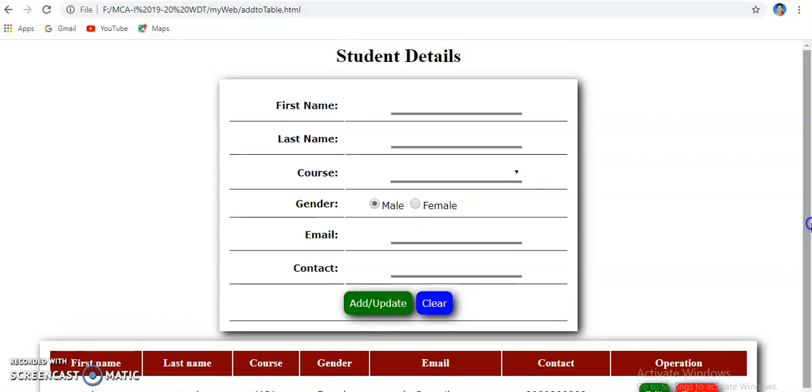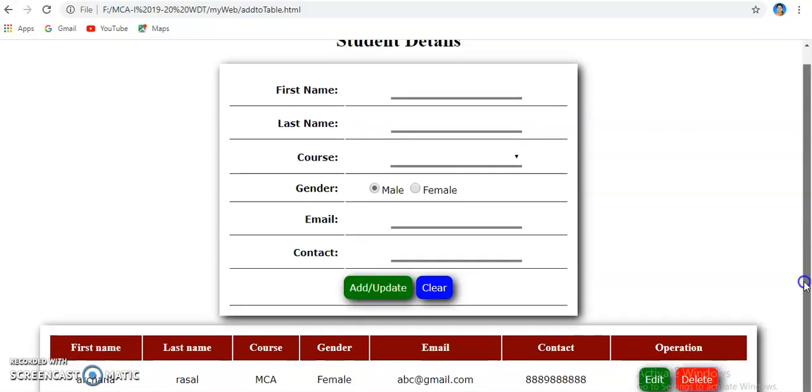This is temporary data stored in JavaScript arrays, and this is not permanent data. If you want to do add, update, delete operations on a permanent database, then you need to store data in MySQL and fetch or access it by using a server-side scripting language like PHP.